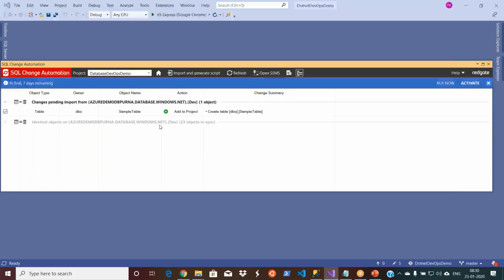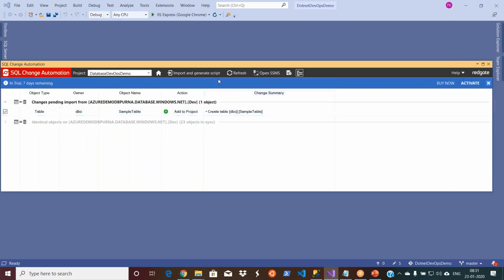Okay. You see the table has been identified now because this is the table that is not there in QA but is there in your dev database. Now you see all this, add to project. It is saying add to project. Pending things basically, and this is a create table.